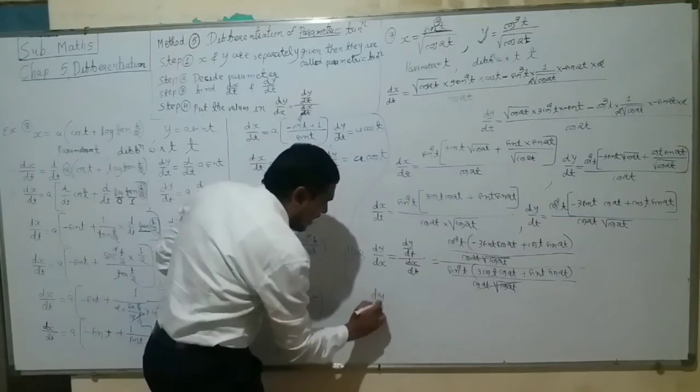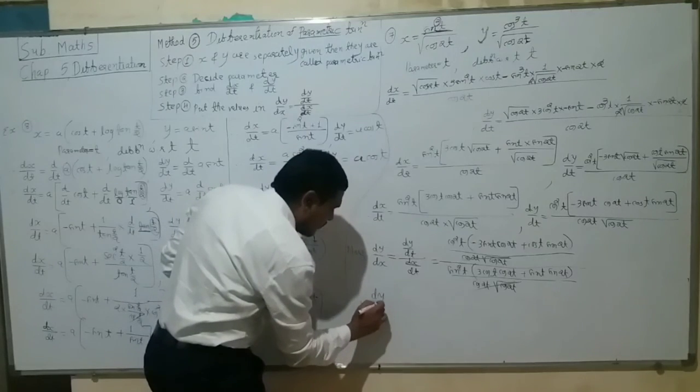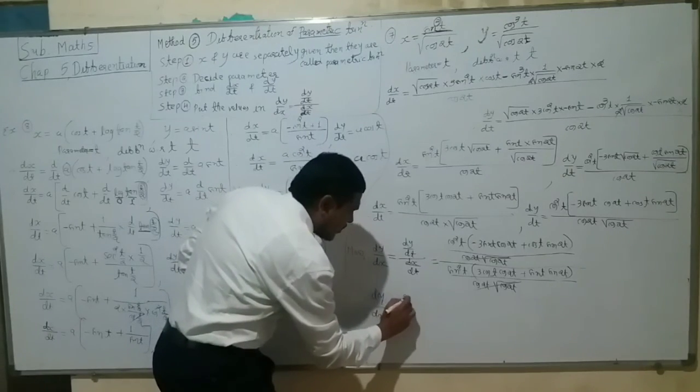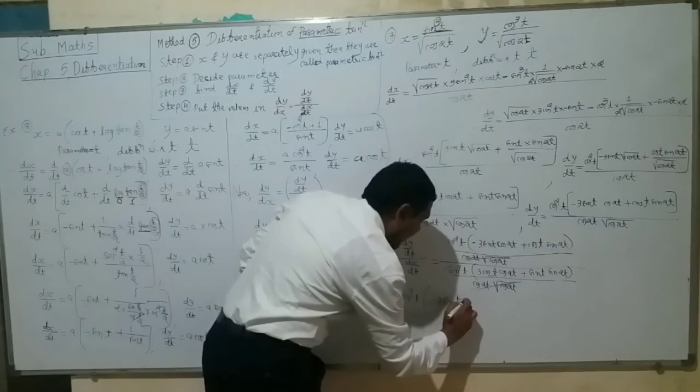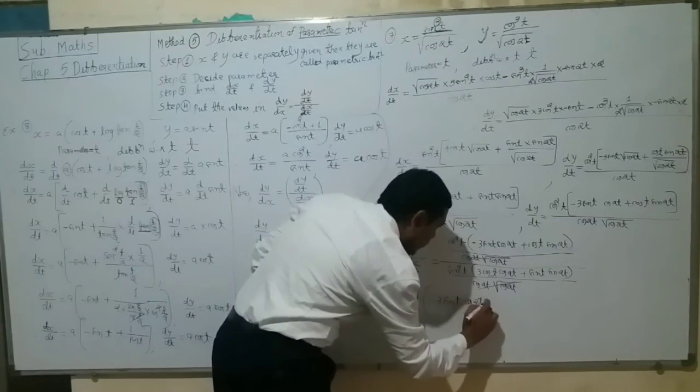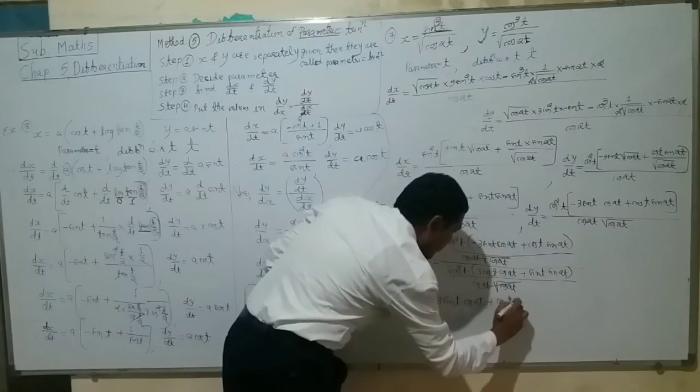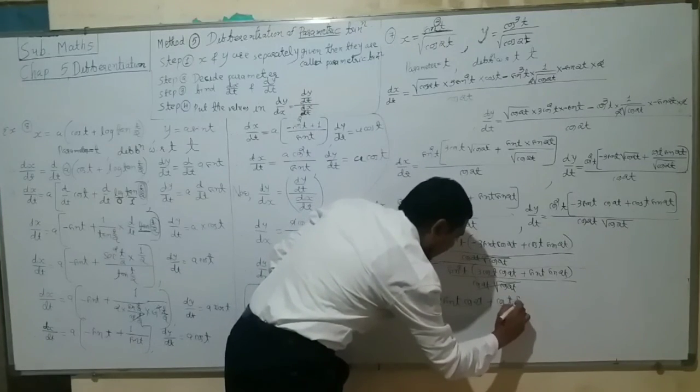So dy by dx is equal to cos square t into bracket minus 3 sin t into cos 2t plus cos t into sin 2t